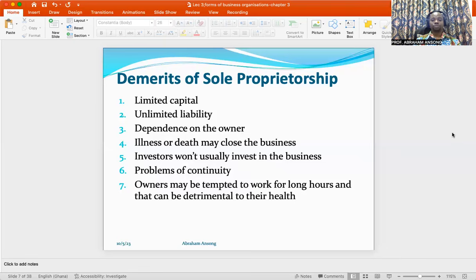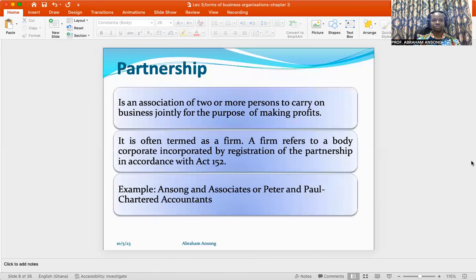All right. If it was a partnership, there could be a day that you'll be off to take some rest whilst your other partner takes over the day-to-day administration of the business. If it's a company, you may not even be part of the management of the business at all. And that gives you room to rest and improve upon your health. So that is another point we have to take note of if we choose the path of sole proprietorship. The desire to make more money, the desire to be successful, could drive you to the point where you could be sacrificing your very health for money or for wealth. And we have to pay attention to that.